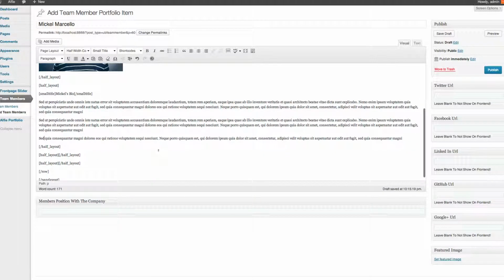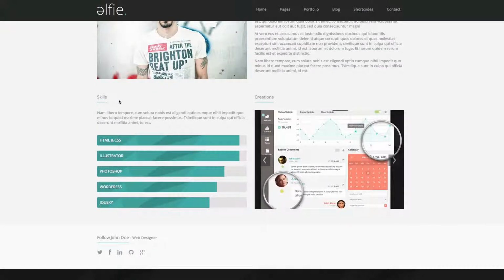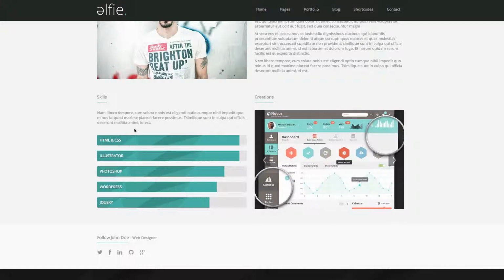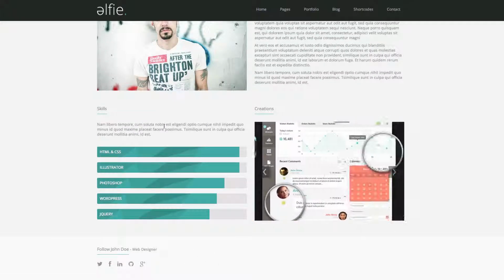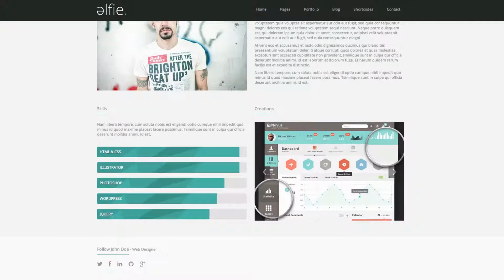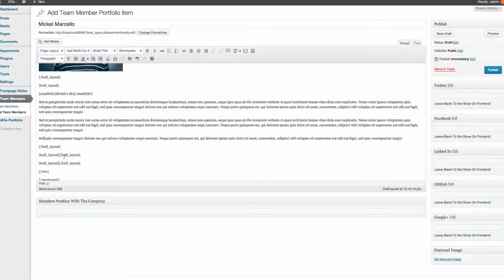So, which leaves us with 2 layouts left. Them 2 layouts is this section, and then a little creation slider. This all comes automatically, which I'll show you how to do in a second. So we'll just put in our skills. So skills, I'll give this a small title,